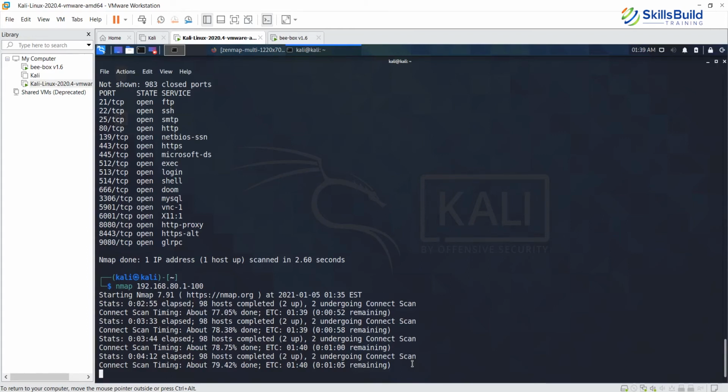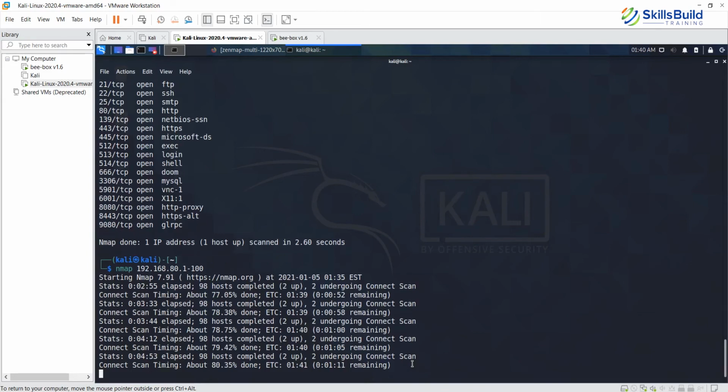So meanwhile, this is doing the remaining bit of it. In the next command, we will not scan the entire range of IP addresses. We will scan only specific hosts, but multiple specific hosts in a single command. That will probably speed up the output and give us the desired output, since these were only 2 or 3 systems which I had to scan. So I didn't have to scan a whole range of IP addresses.